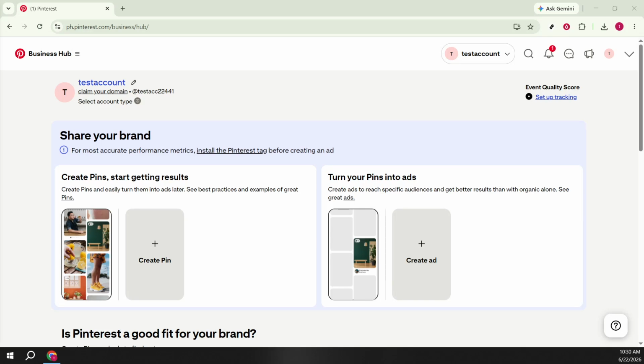In today's video, I'm going to teach you how to change your Pinterest desktop email address. By the end, you'll know exactly where to go, what to click, and how to verify the change so your account uses your updated email. Before we begin, make sure you can access the new email address you want to use since Pinterest will send